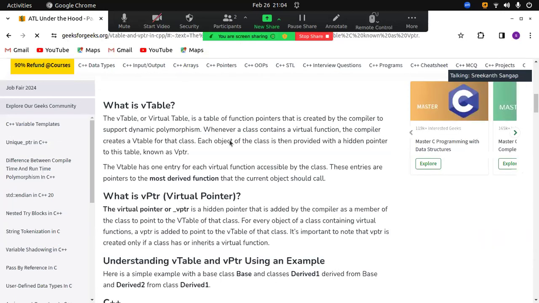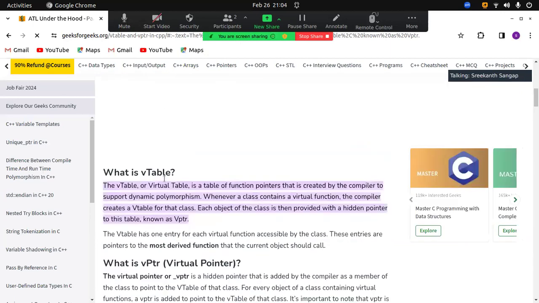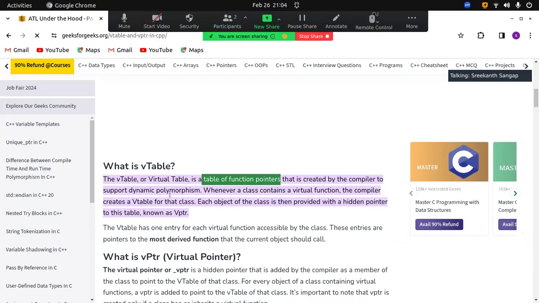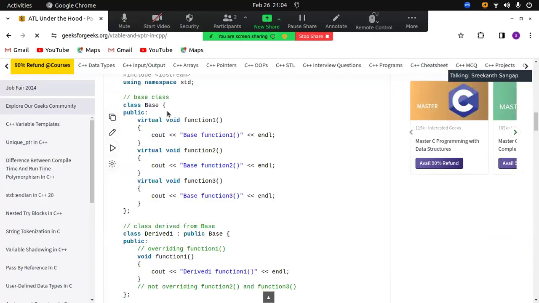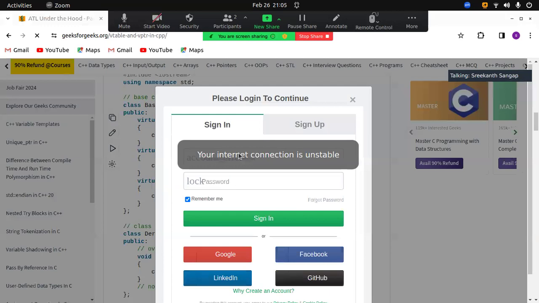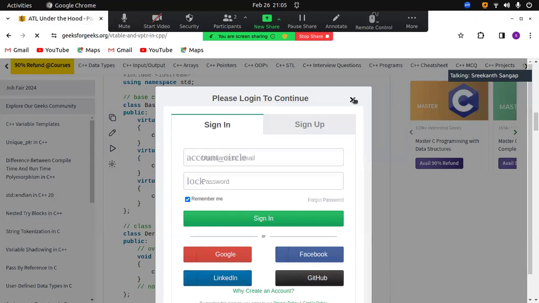Okay. So what is a virtual table? The vtable is a table of function pointers. It is nothing but a table of function pointers that is created by the compiler to support dynamic polymorphism. Okay. So whenever you write a class, and the moment you say virtual